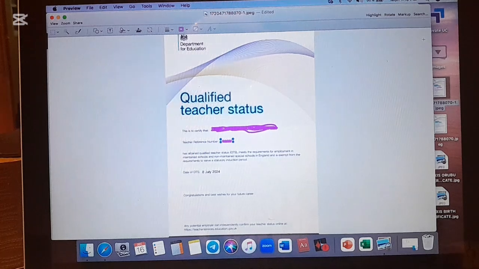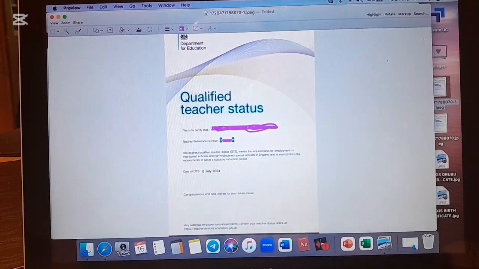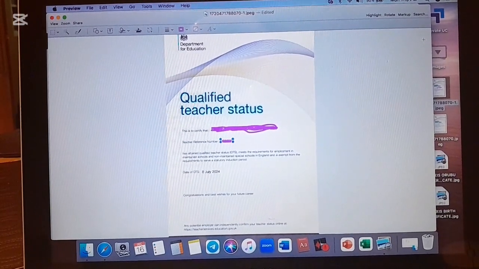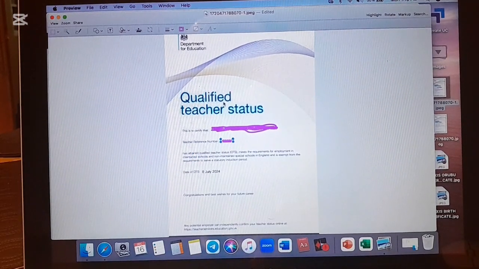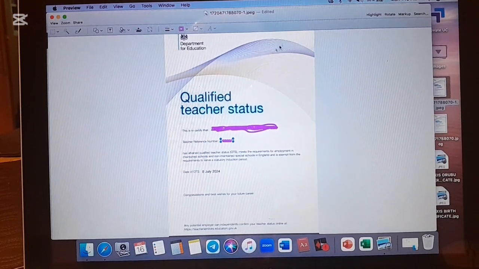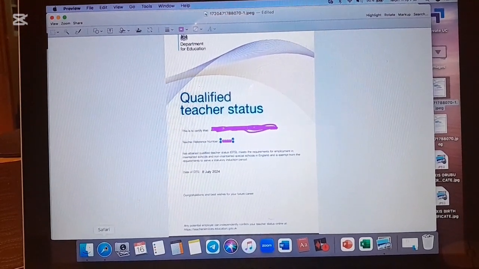Today I'm going to be teaching you a step-by-step approach on how you could get your qualified teacher status. So from my computer you can see a qualified teacher status. This is basically how it looks. Okay, this is how it looks, and the first step you need to do is to go to your